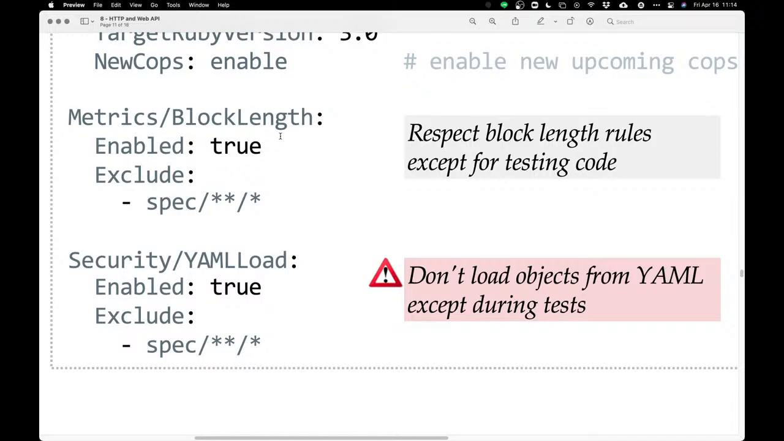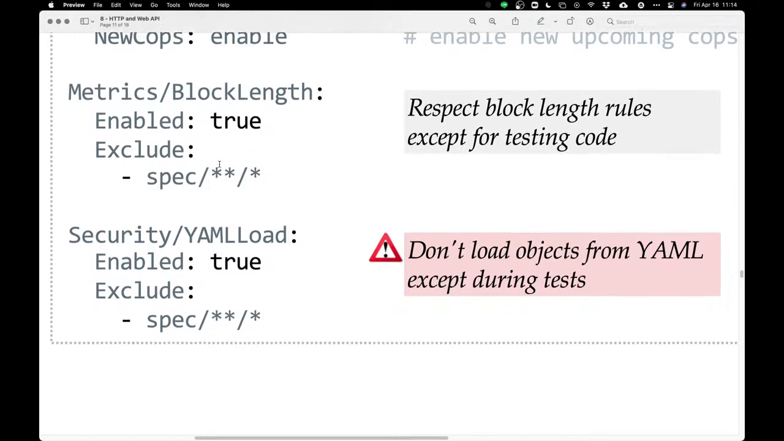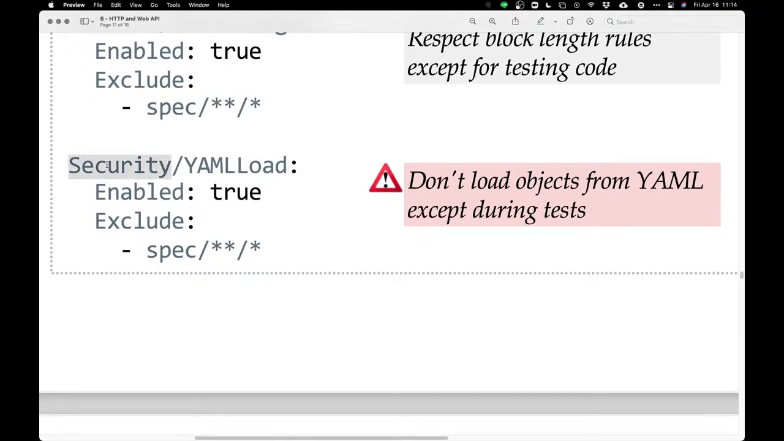Okay, and I'm telling Rubocop, yes, enable that rule. That's a good rule. Except, exclude means except. Don't do that in my test files. In my test files in Minitest, I have to create very long blocks because that's the syntax of Minitest. So for my tests, don't look at this rule. For my main code, enable this rule. It's fine. Okay. Second,